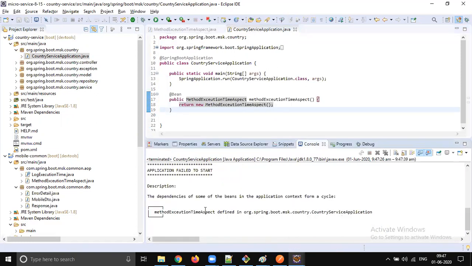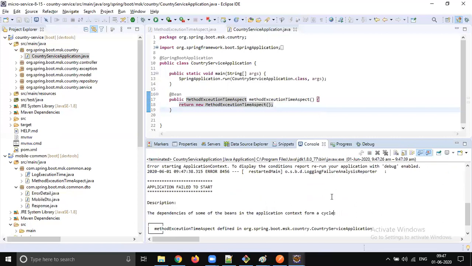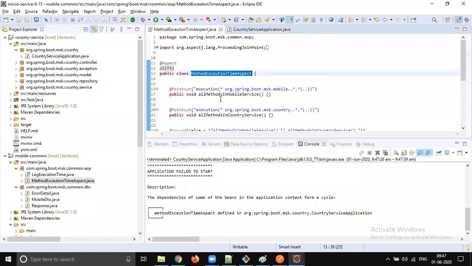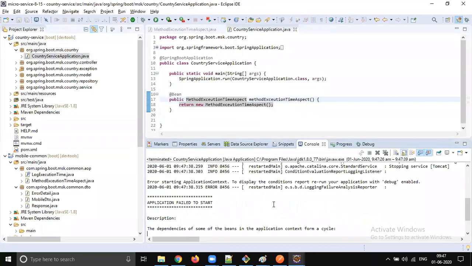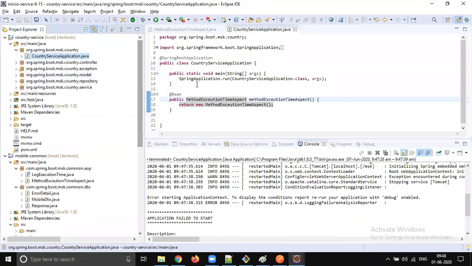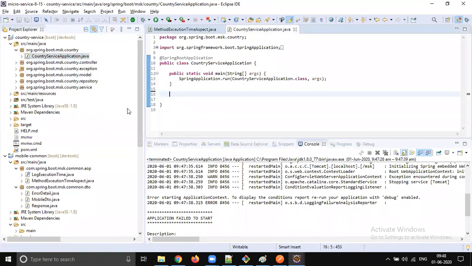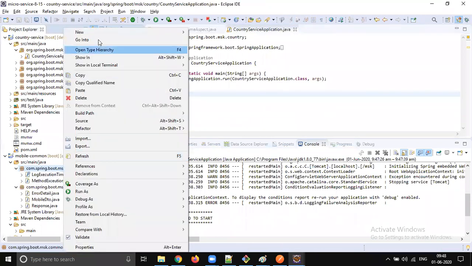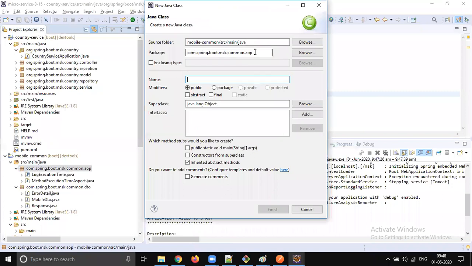There we are creating two. Somewhere a cycle has been created. Let's delete this and put it in the common place. Let's create a config and create the bean here. So, common configuration.